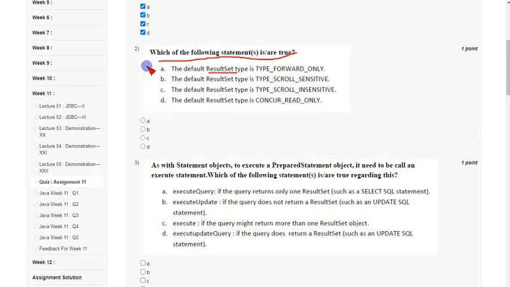Like these four options they have given. So the correct answer, one and only, type forward only. Mark option A as correct answer for the second question. That is option A.